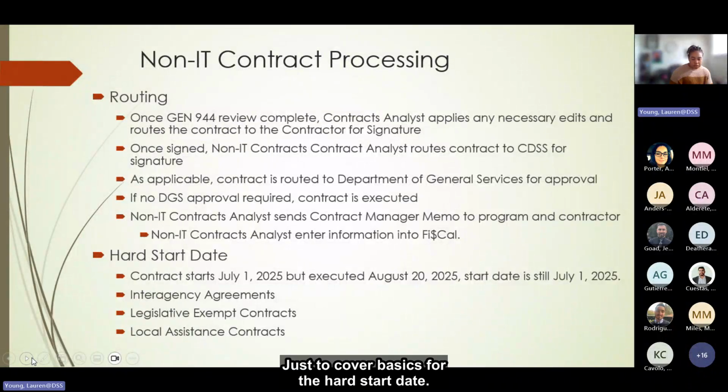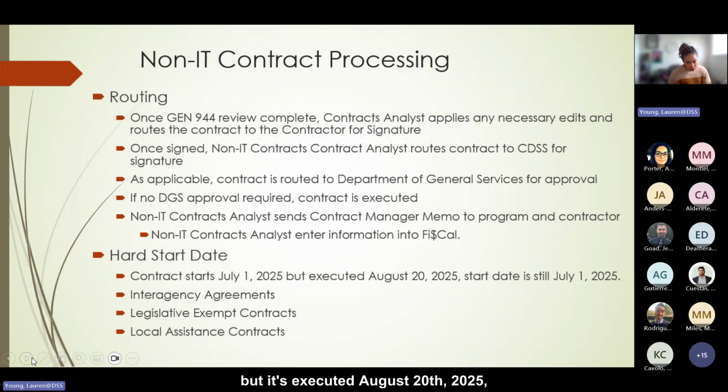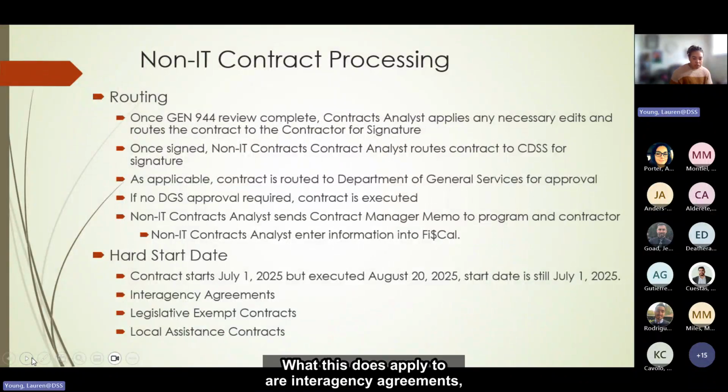Just to cover basics for the hard start date, if your contract is supposed to start July 1, 2025, but it's executed August 20th, 2025, your start date is still July 1, 2025. This doesn't apply to all contracts. What this does apply to are interagency agreements, your legislative exempt contracts, so FFPS or CCR agreements, and any local